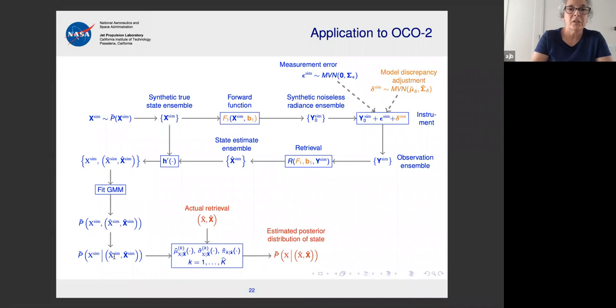Well, the reason is that this pressure weighting function H actually is different from location to location. So the weighting of those components is different depending on where you are, and we wanted to pick that up. So we found that this actually provided a better predictor than not including that. We also ended up not including certain components of x hat sim as derived. The aerosol elements of the state vector, for example, were not doing a good job of helping us to predict our true states. So in the end, we ended up leaving them out.